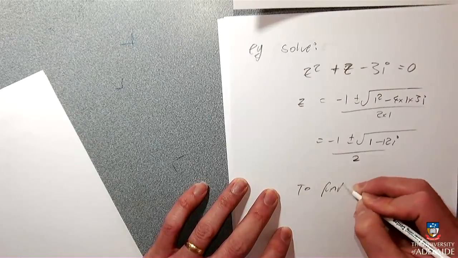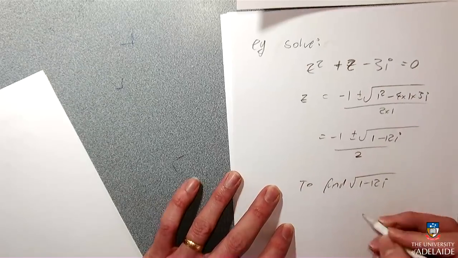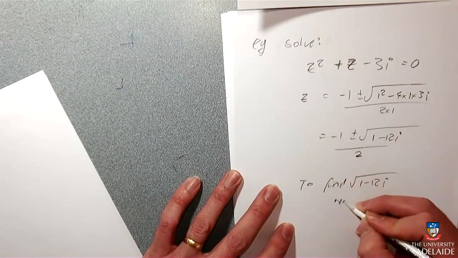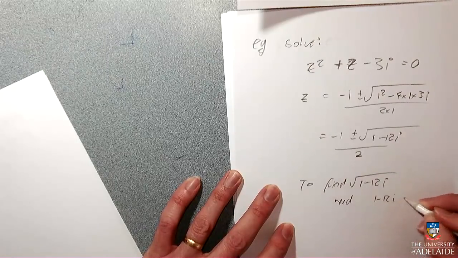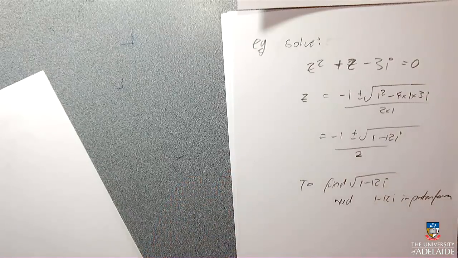Yeah. To find that, I need 1 minus 12i in polar form. And then you'd halve the angle and square root the length. Yeah. And then it would be really bizarre because I'm going to have minus 1 plus something in polar form, and so I'd probably have to turn the polar form back into Cartesian form for the thing to make sense at all. So these are a lot of very good what-if questions that help us to understand what's going on when we do these things, but I wouldn't expect most of them to be in an exam.